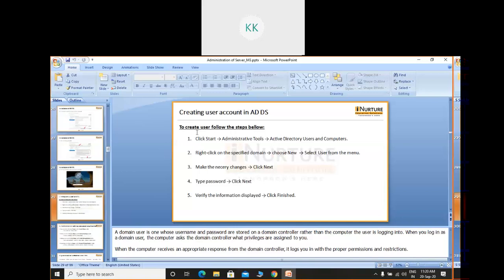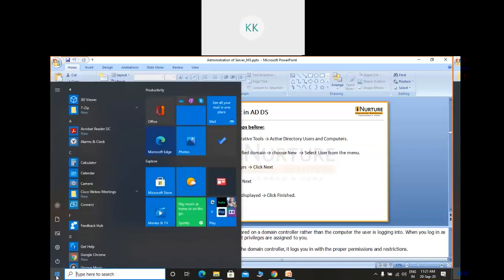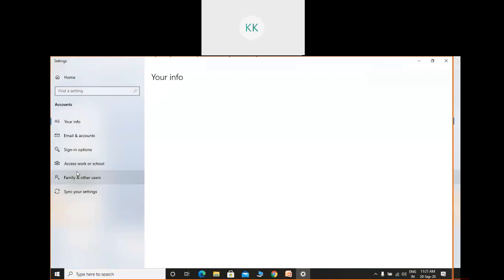Users may be of two different types. One type of user is called the system user or the local user. What does the system user mean? Whenever you install any operating system on your PC, by default an admin user is there. After that, by using some specific steps, you can create different user accounts in your existing operating system. Likewise, in this Windows 10 operating system, right now I am the only user, and you can see different credentials about me.